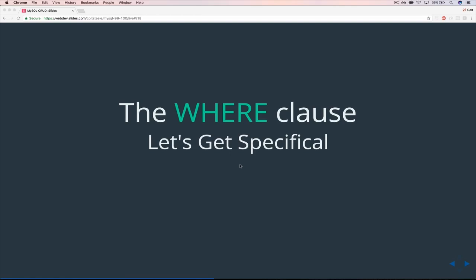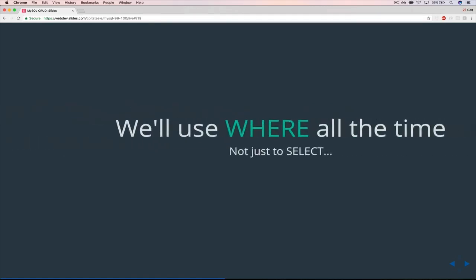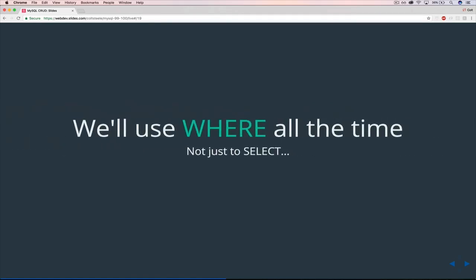You'll be able to do things like, I want all cats that are tabbies between the age of 1 and 2 and whose name starts with the letter B, let's say. So we'll be able to get much more specific, but for now, we're focusing on the basics. And as a side note, I want to show you that we will use where all the time. So it's not just for searching or for selecting, but we'll need to use it when we're updating or deleting things as well,